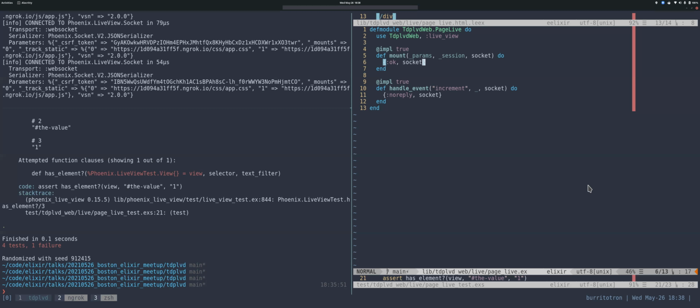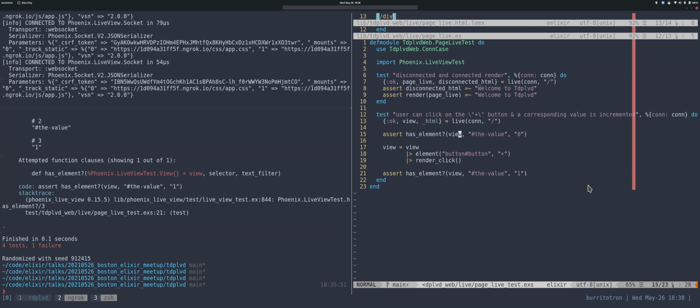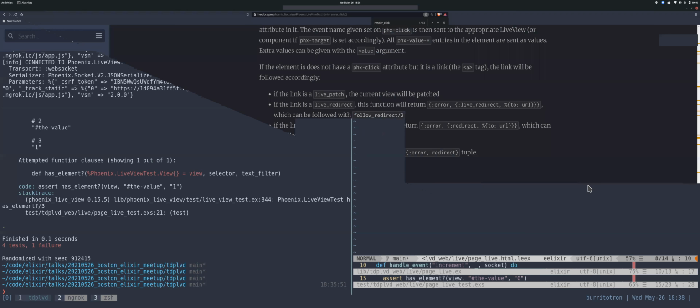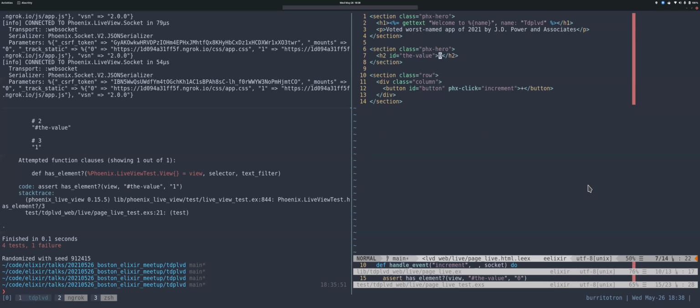Luckily, we have a test for that already. So the first thing I'm going to do is not change the handle event. I'm actually going to see if I can get this test right here to still pass after I do this. So I can change this variable here,